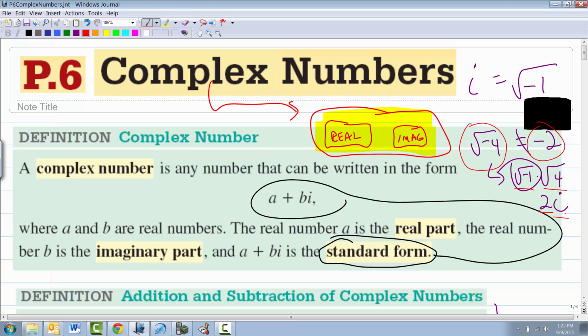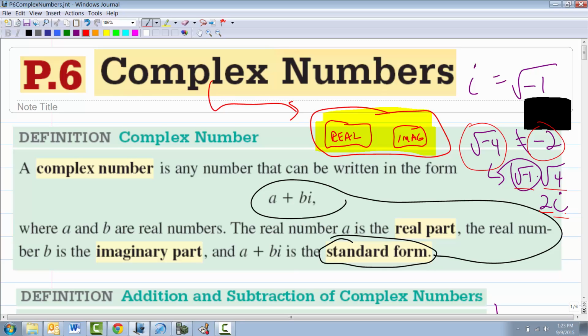This is what somebody did so that they can deal with these numbers and then proceed on and do other stuff with it. I will tell you that i numbers do have applications. I'm not saying I understand them. I'm not an electrical engineer, but I know i numbers have to do with electrical currents in some way, shape, or form. So there are applications to it, uses, and so on and so forth.